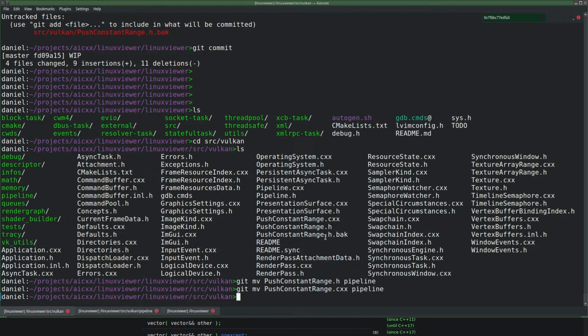Push constant range to pipeline, yeah. And then I have to add namespace pipeline everywhere. Well, after editing this,